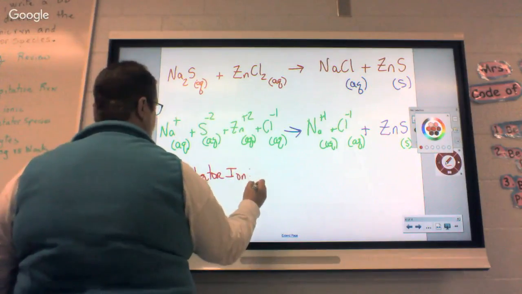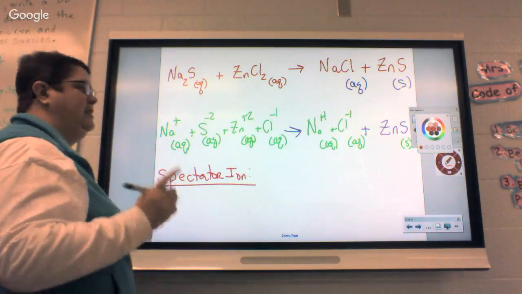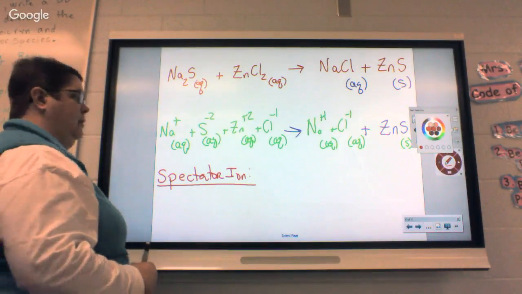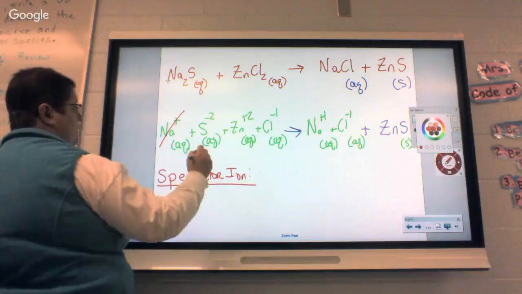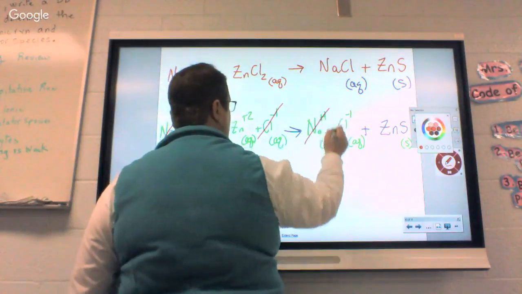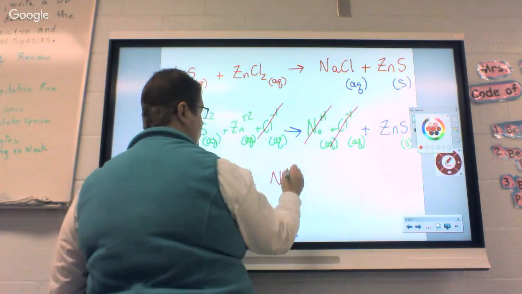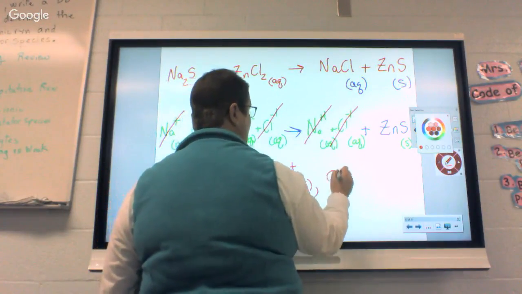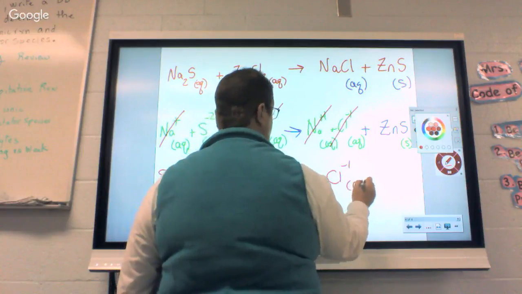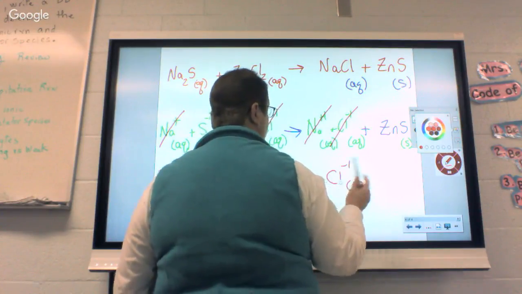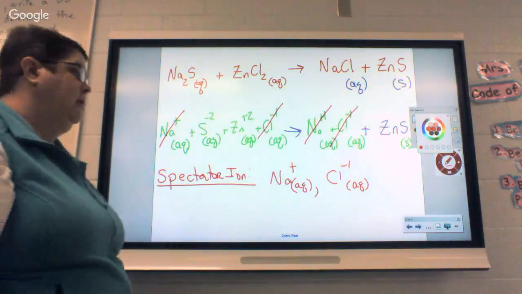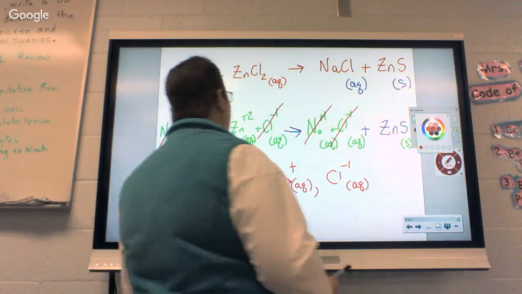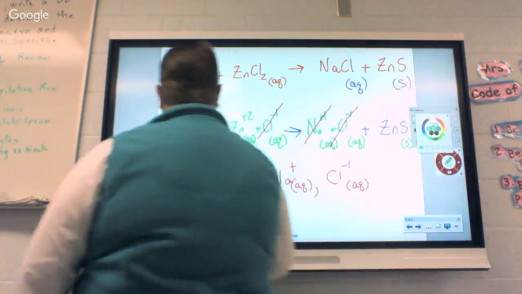Alright, now to do the spectator ions. Look at the spectators. Which ions are the same state and the same ion on both sides and can cancel out? Alright, Na+. And again, we don't write this as a reaction because these don't form anything. They just float around in the water. They don't do anything. They don't make anything. That's why they're called spectators. Okay, now, what's left over is called